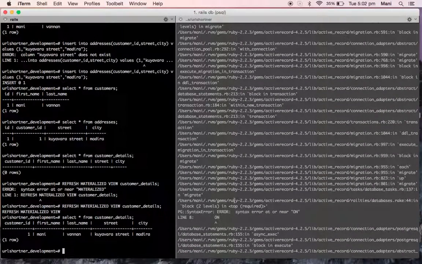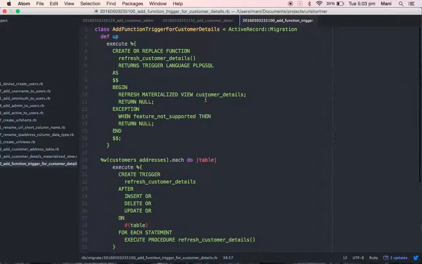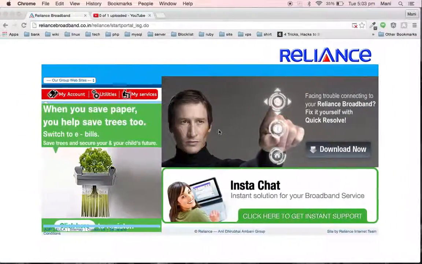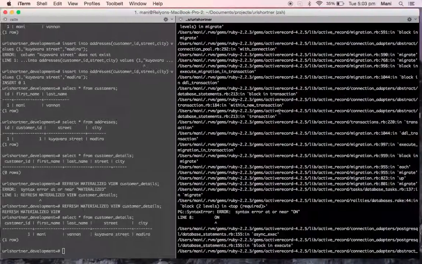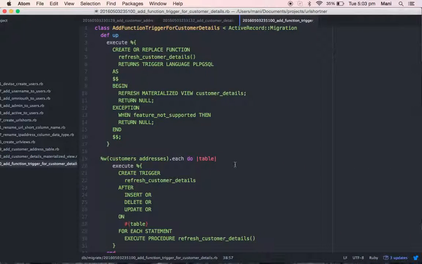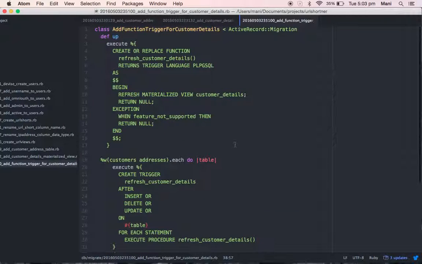The error, we will check. Syntax error at or near on. Check what is the exact error.